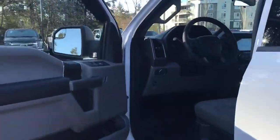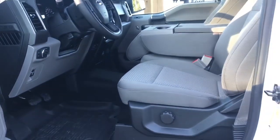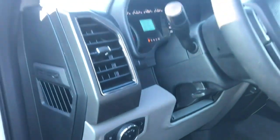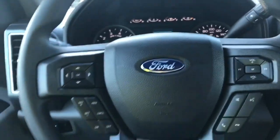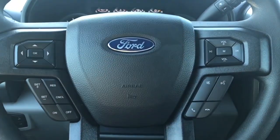Storage and speaker in the door, as well as power locks, windows, and mirrors. The driver's seat is manually adjusted with manual lumbar. Your electronic parking brake is located here, and lighting controls. The steering wheel can tilt and telescope, and with the help of your grab handle, it's easy to get in. On the face of the steering wheel is your dash controls, cruise control, media with volume, and SYNC voice activated